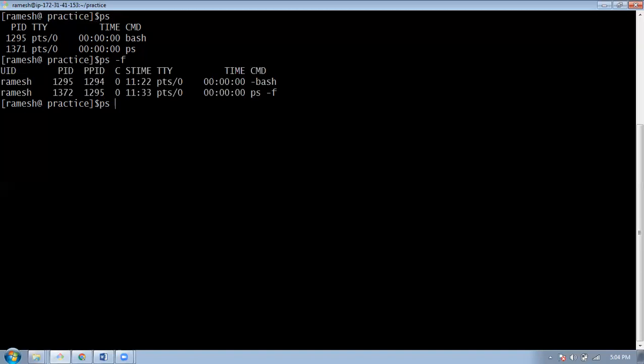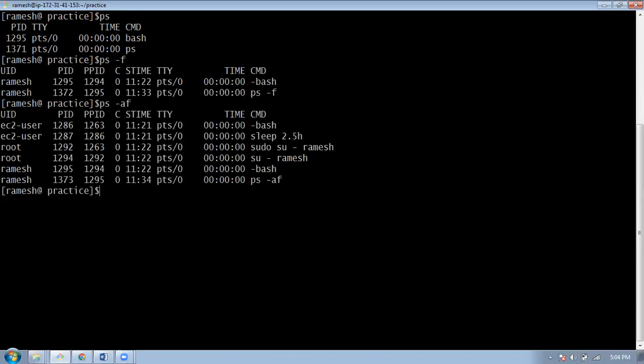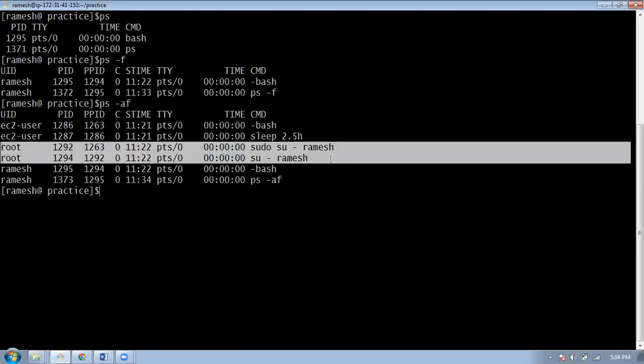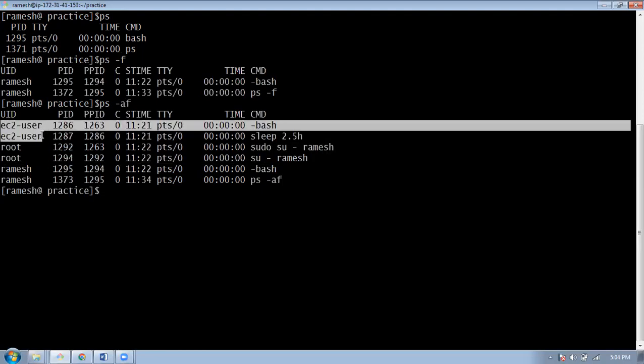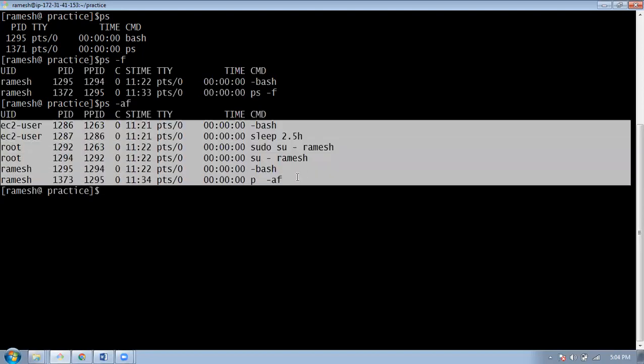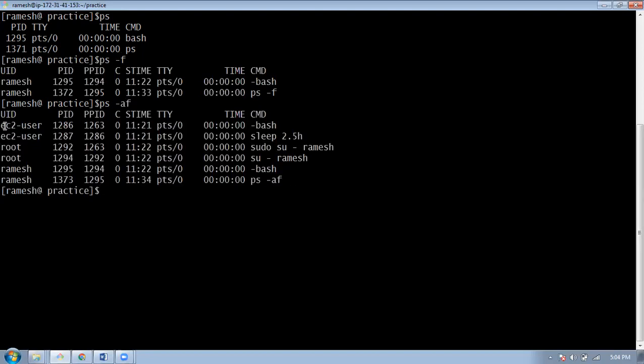So I want to see the processes which are running for other users also who are logged in. That time you can use option A. Here you can see there is one more user. Like this is one user and there is one more user. So there are 3 users. So for all users you can see what they are running